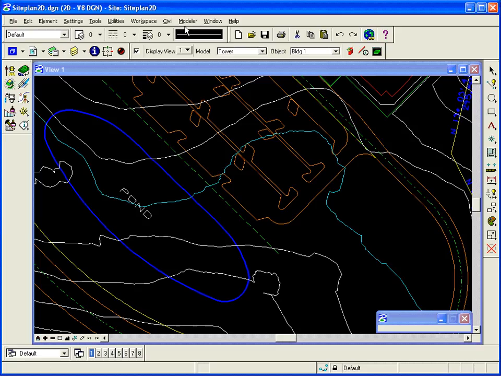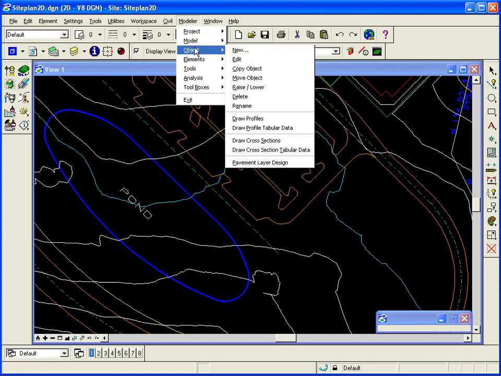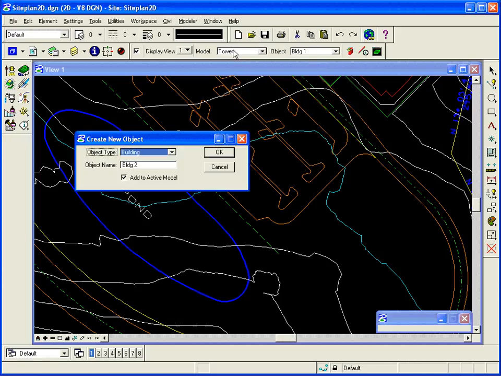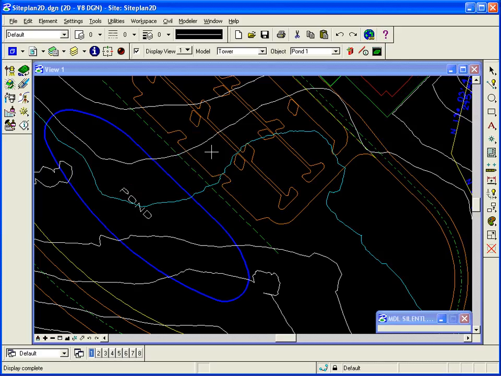and just like before, the first thing I'm going to do is create an object. So I've got a new object. This time my object type, I'll change that to pond, and I'll allow the object name to be pond1, and I'm adding it to the active model. Now that I've created the object,